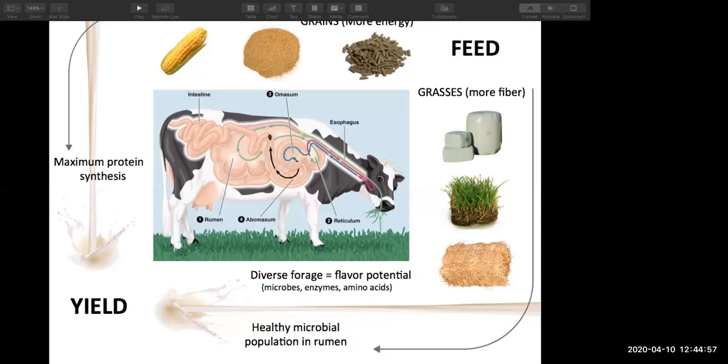So grains are used to give the cow enough carbs, enough energy to complete all of her vital functions, especially putting together proteins in the udder. For some reason, if she's got an energy deficit going on, she can't hook together complete koosh balls. You end up with random rubber bands floating around in the milk, and those degrade really quickly to their component parts, amino acids, which are made out of nitrogen. And so you end up with